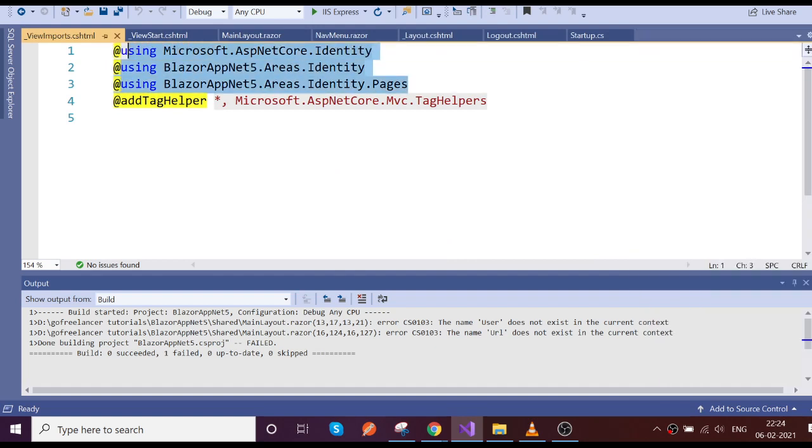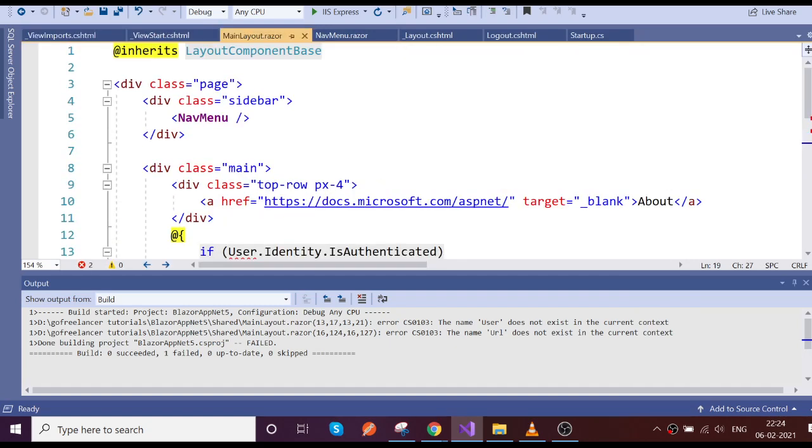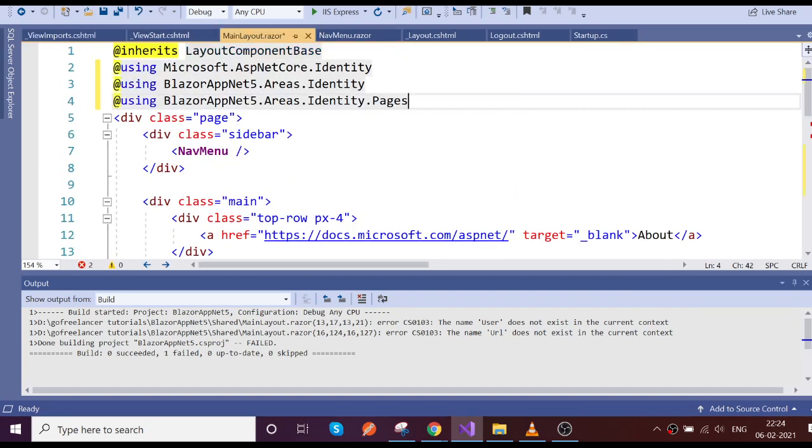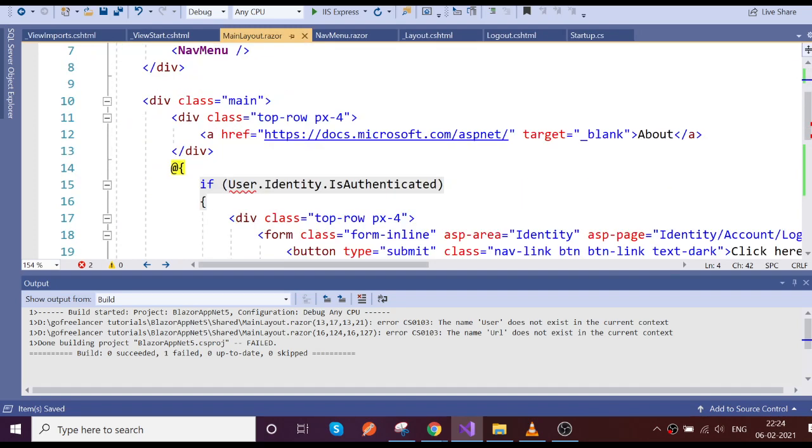We can get it and put it here for the time being.